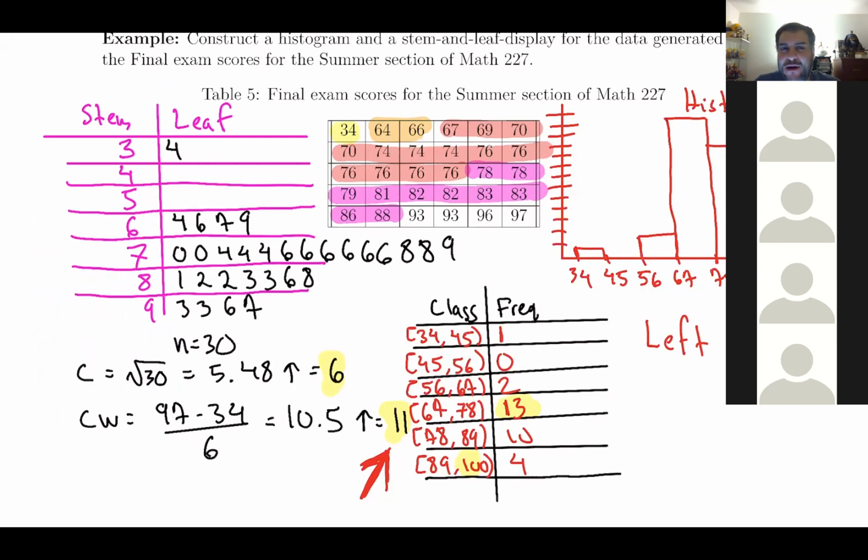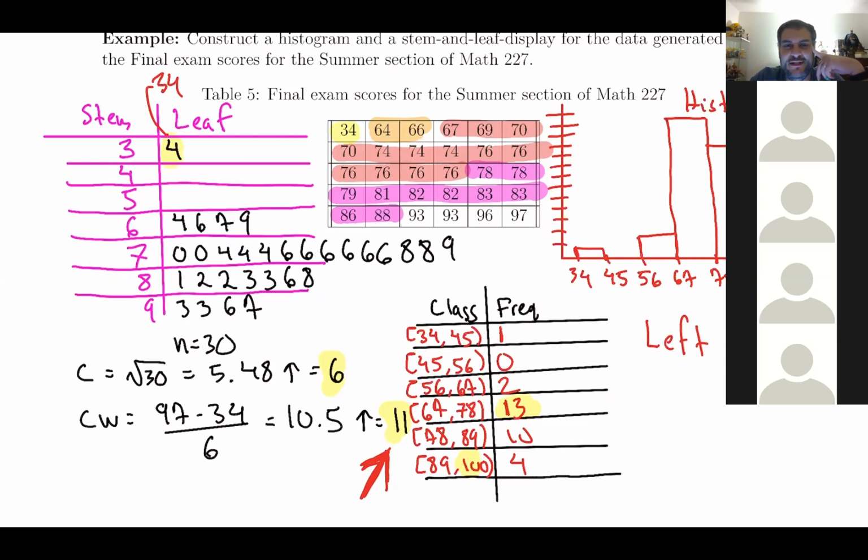The good thing about a stem and leaf plot is that you can actually see the numerical value. Because if you look at the histogram, you just know between 78 to 89, but you don't know what those numbers between 78 to 89 are. Versus if you look at the stem and leaf plot, I could tell you that this 4 represents 34. So you could directly see that value. All right, but that's it in regard to a histogram versus a stem and leaf plot.